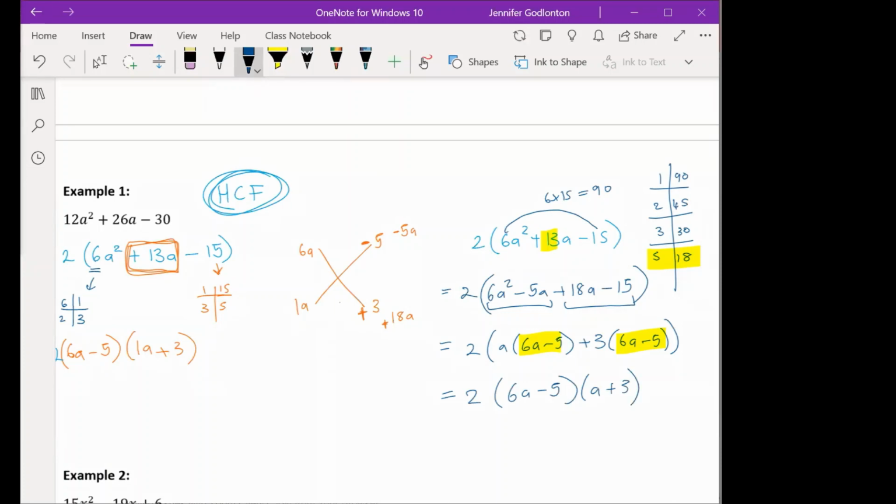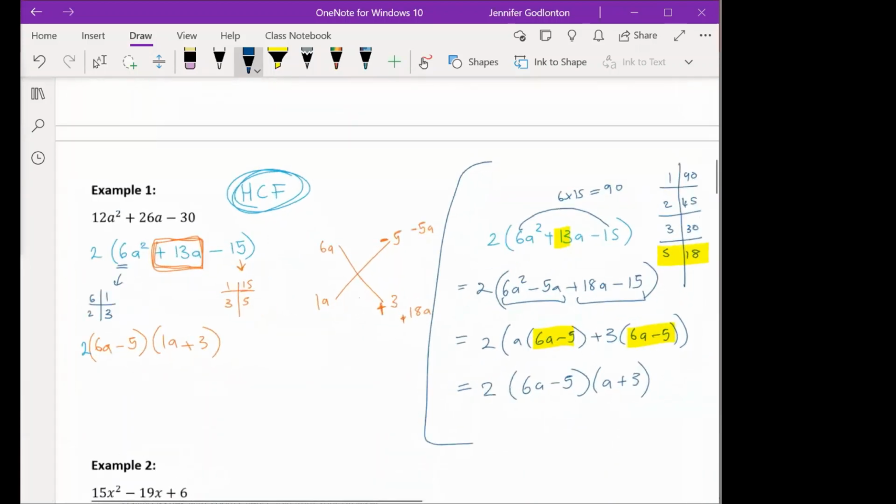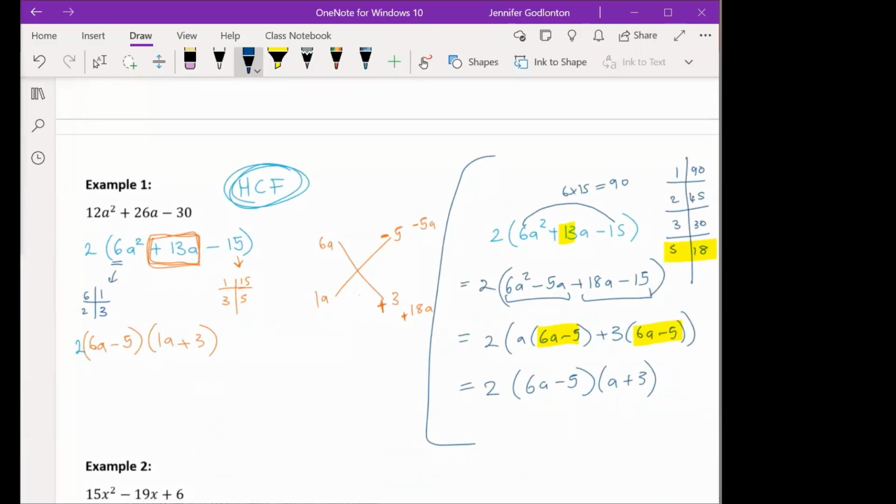The reason I find the orange way, well, the left side, the crisscross way, a bit easier is because I feel like the right side gets a little bit overly complicated, especially when you're dealing with big ones. So I always find the crisscross easier, but you must do whichever one you find easier to work with. On the crisscross method, just to go through this step by step, we took the coefficient of our first term and we worked with that factor tree to give us those two, because 6a times a will give me 6a squared. And then we worked with our factor tree of our constants.